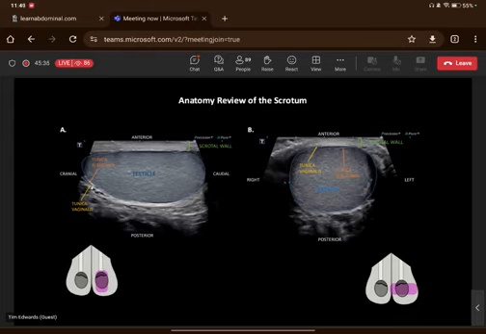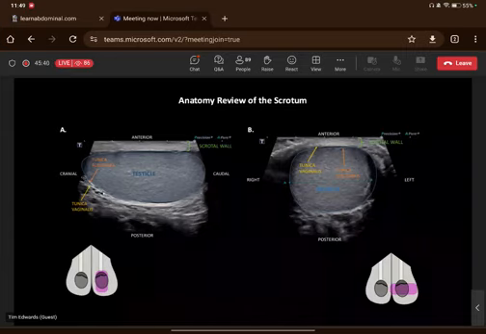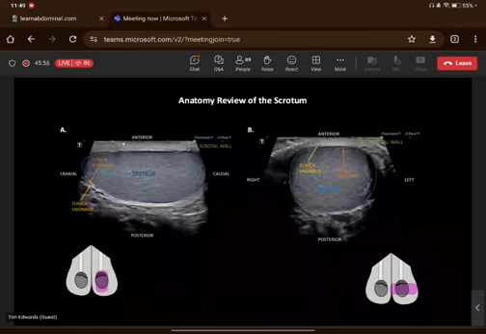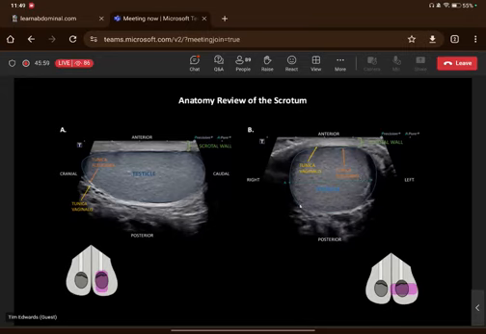The outermost layer is the tunica vaginalis. The innermost layer that you can see, which appears on this image separately and quite echogenic, is the tunica albuginea. And then you've got the body of the testicle itself, which has this notable speckled appearance. And then anteriorly, you've got the scrotal wall, and that is just a